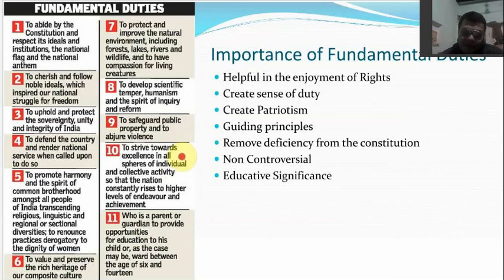Okay, number 10 is to strive toward excellence in the sphere of individual and collective activity, so that the nation constantly rises to higher levels of individual achievement. If every person, every Indian strives towards excellence, at the individual level and collective level, then the nation will get to the top itself. When we're talking about the nation, we're talking about the people of the nation in reality,